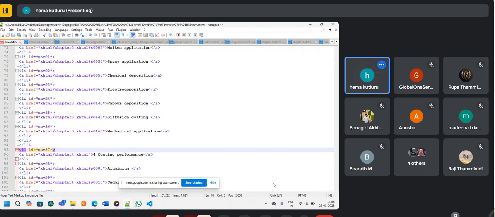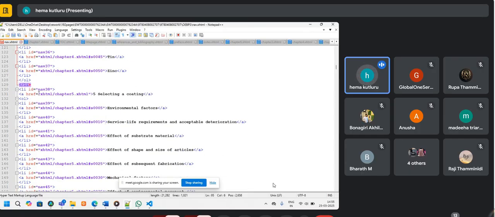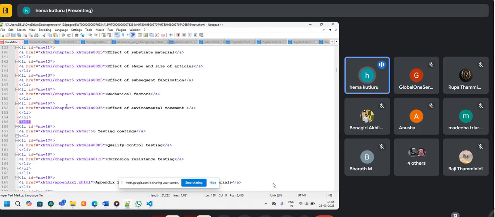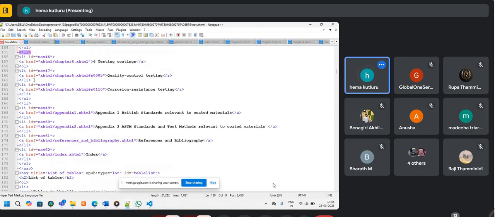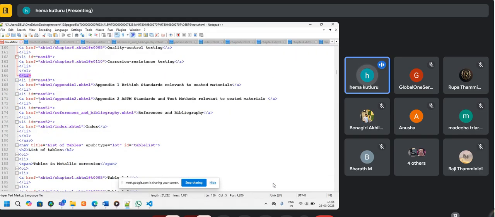Chapter 3, chapter 4, chapter 5, and chapter 6. Up to this, the chapters will be completed. And then we have an appendix. That appendix was appendix 2, references and bibliography index. Up to this, the table of contents will be completed, and close that ordered list which was opened at the front